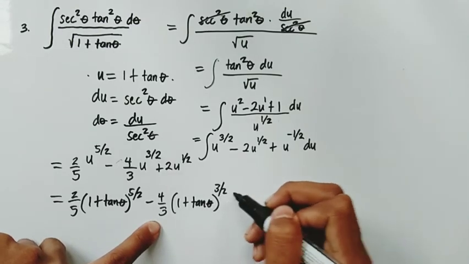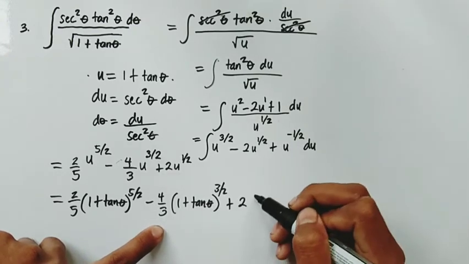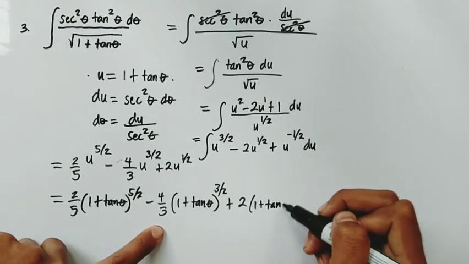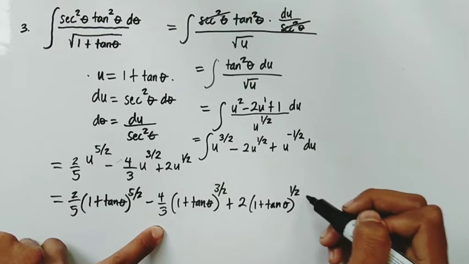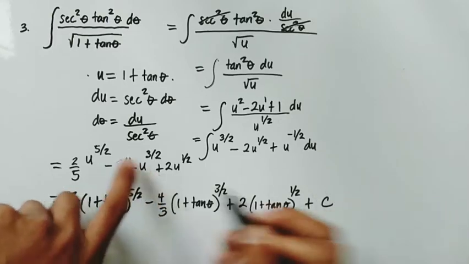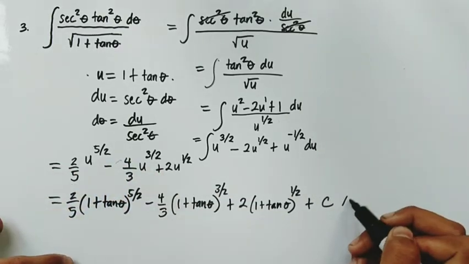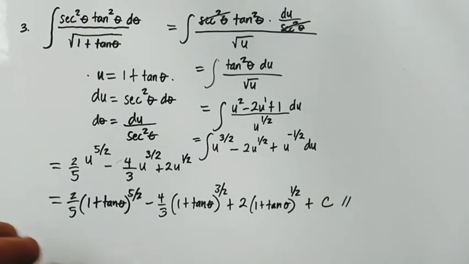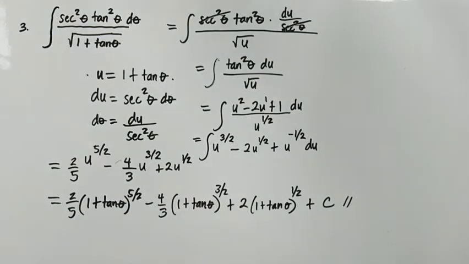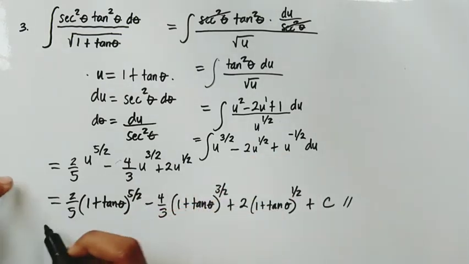Raised to 3 half. Plus 2, 1 plus tangent theta, raised to 1 half. And don't forget the plus c. Eto, sinubstitute ko lang lahat ng u. Eto yung answer natin. And kapag yung teacher natin is ayaw ng ganito, fractional yung exponent, edi ano natin, simplify